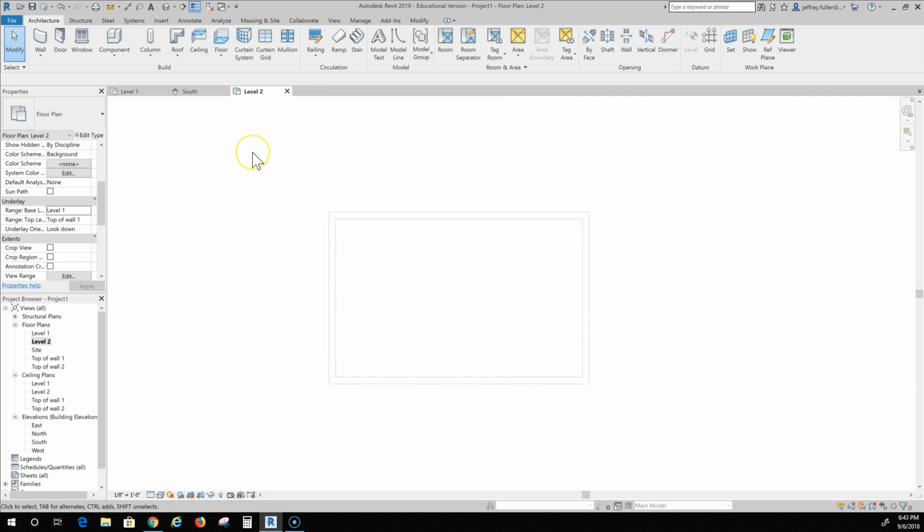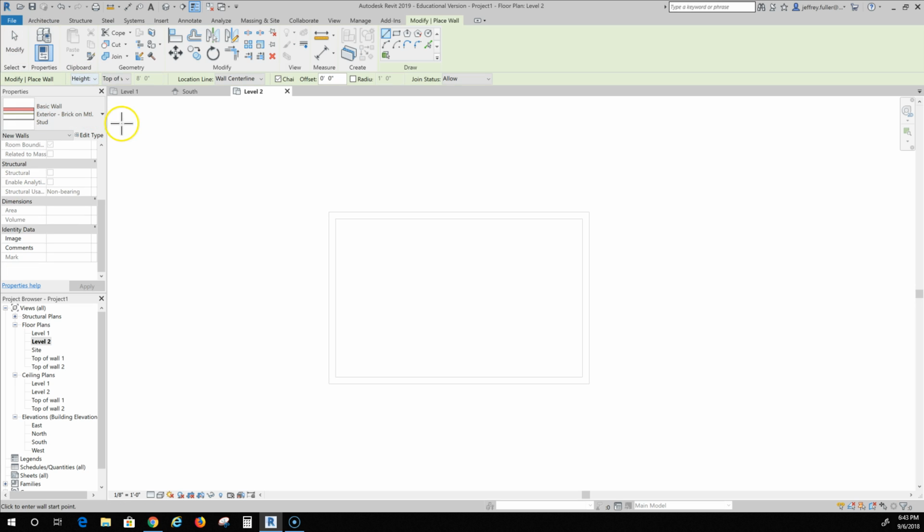Alright, now I'm going to start putting walls on my second level. So again, I'm going to click on walls. And there's a couple of things to pay attention to, just in case this gets changed at any time. Right here it says location line, and it says wall center line. And that's basically what I'm going to use to reference my second floor walls,